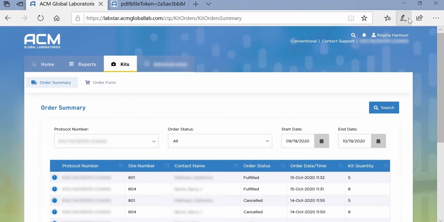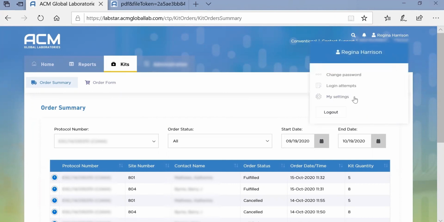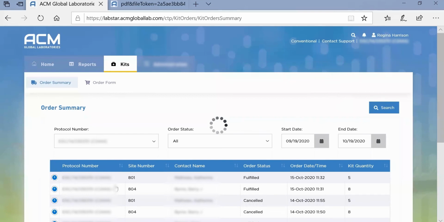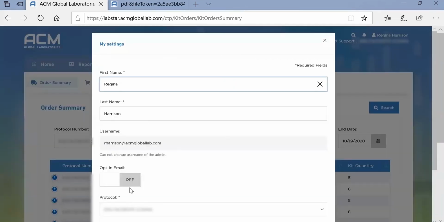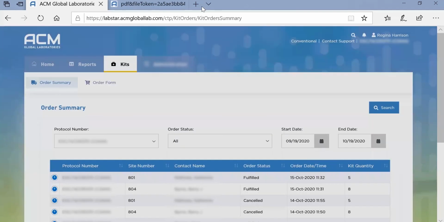Another bit of information that you can access under My Settings is to be able to opt in and opt out of email, as that order summary information did say that you would receive an email into your email inbox. If you'd rather not see those types of emails, you can toggle from on and or off underneath your settings. I'm just going to return over to the home dashboard,